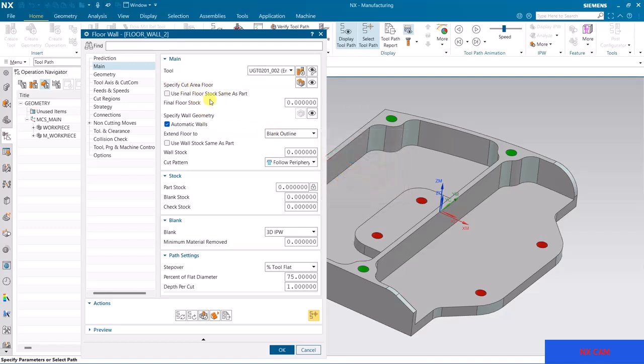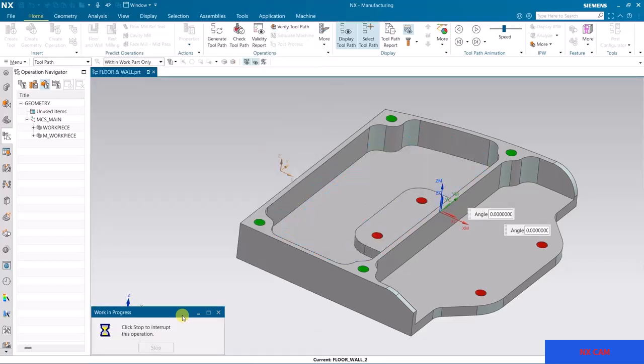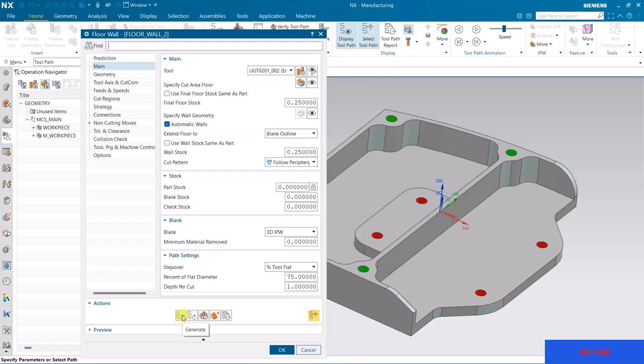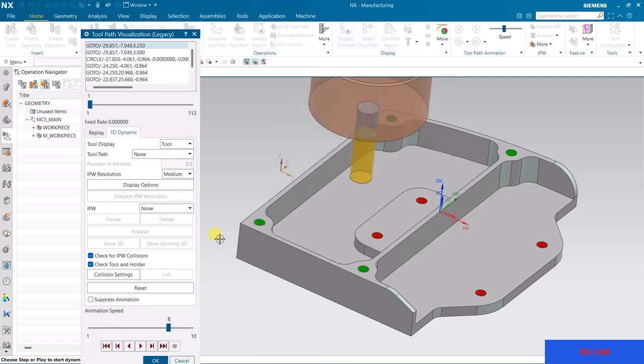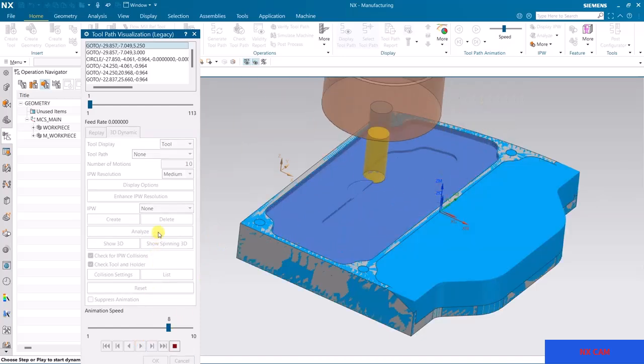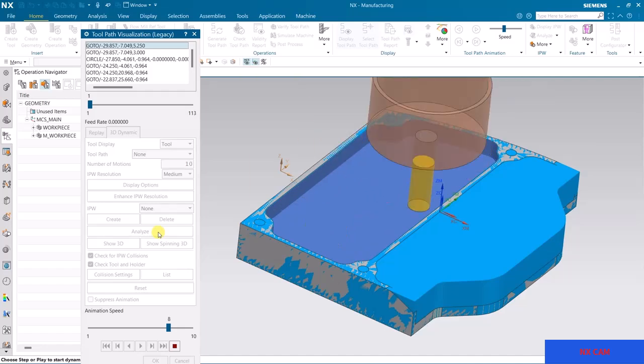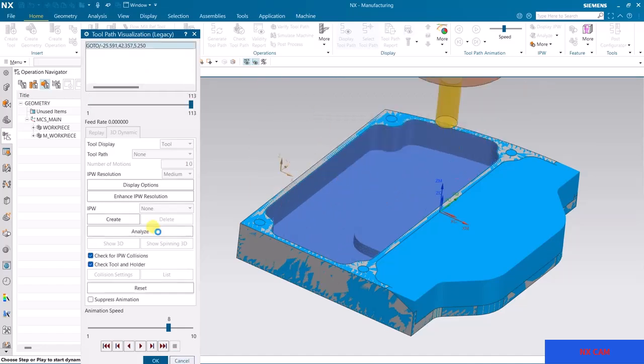So final floor stock, I want 0.25 mm material on floor, and again for wall you can click here, or you can select 0.25 for wall and generate, and the material will be left 0.25 mm on wall and floor, both areas. Let's verify. Right,